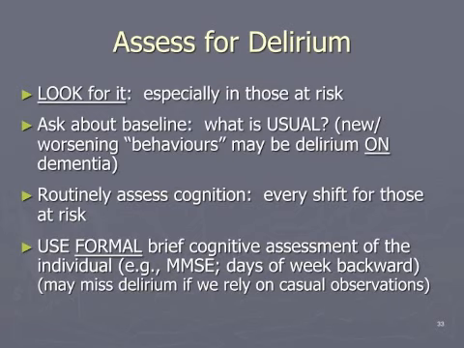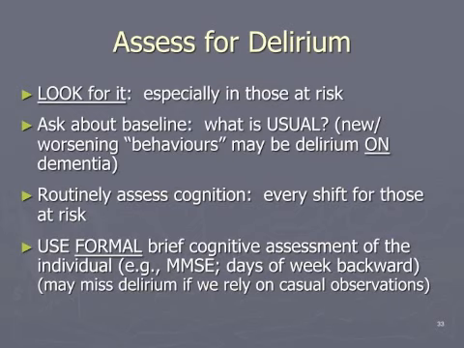The last point on under-recognition is that often in large urban centers, in acute care settings, the staff don't necessarily know what the baseline is for the person, and so it requires some investigation, to go back to the family, to go back to the residence where the person has come from, to say, what was this individual like beforehand? Because what we're seeing is quite a bit of confusion. Is that normal for the person? Families often recognize that something is different with their mother or father, but they may not have the language to describe it to us. So we might need to be a little more sensitive about how we ask the questions about whether this is normal behavior or not.